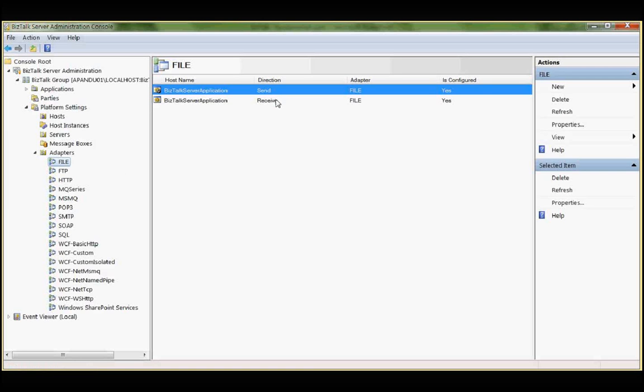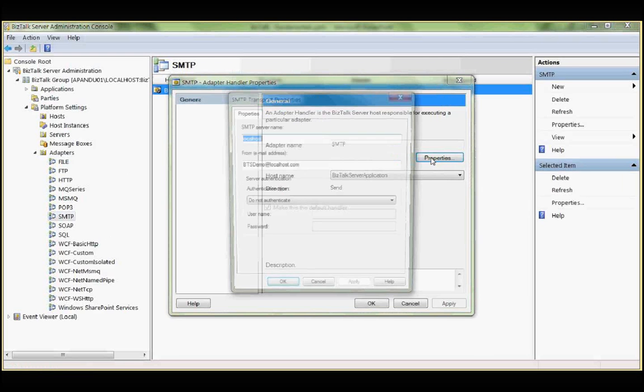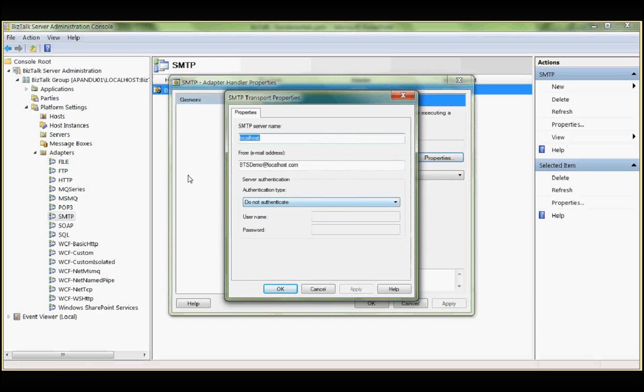so what it can do, it can send and receive. Similarly you have various other adapters, for example SMTP adapters. You can double click this and then configure your SMTP adapter. It is used to send email from your BizTalk to other systems. You can configure the SMTP server name, so it will connect to that, and then what should be the from address,